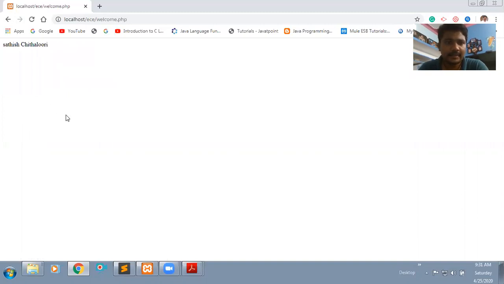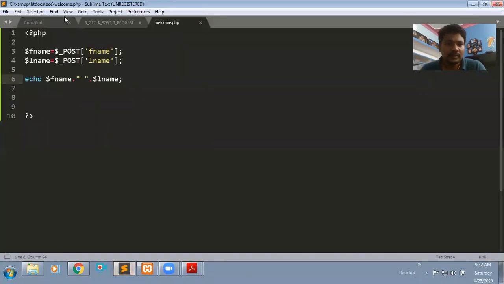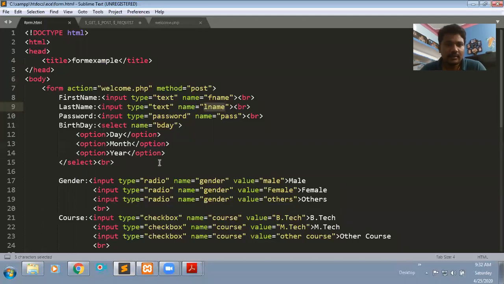Once I click on it, you can see it is showing the output, the first name concatenated with the last name. Now you can observe my form data: this form data is submitted to the server.